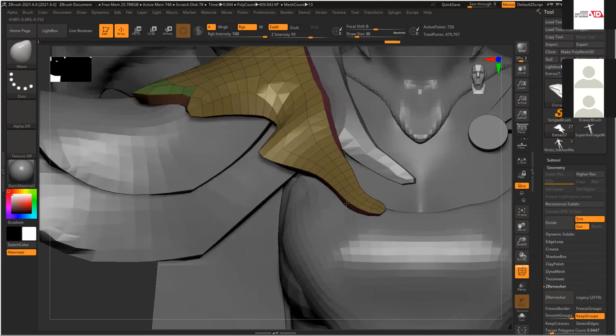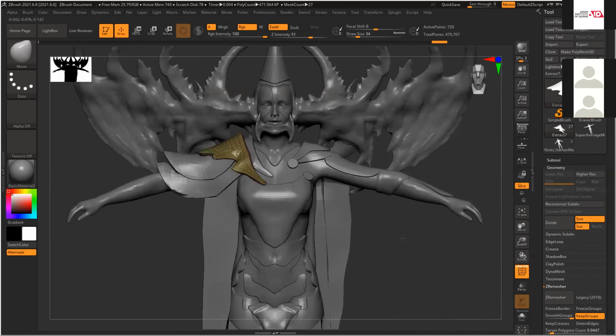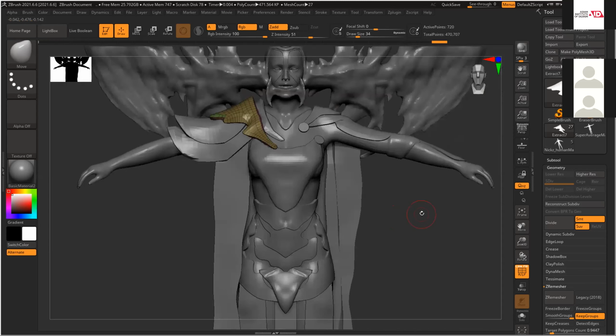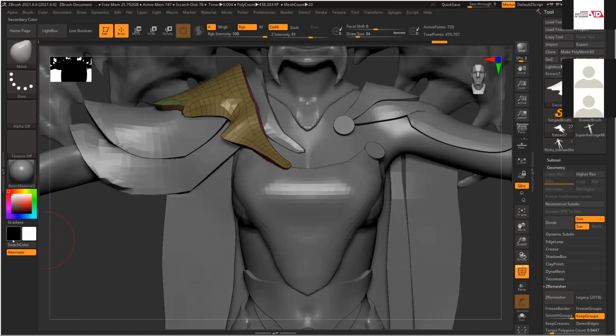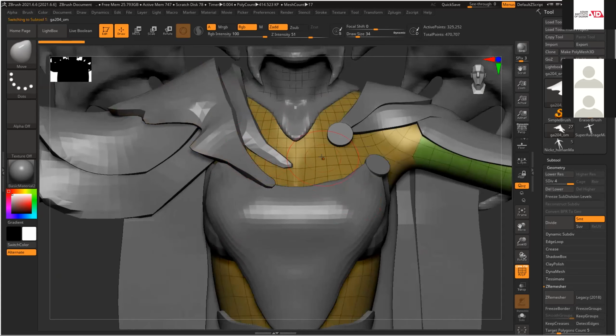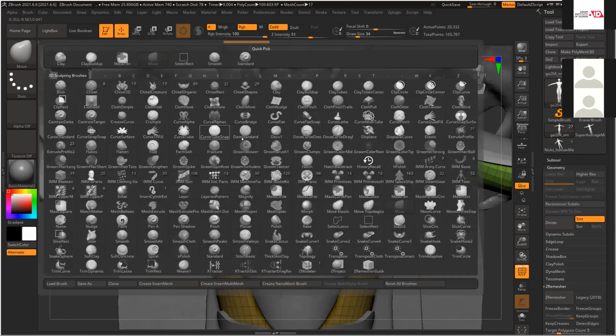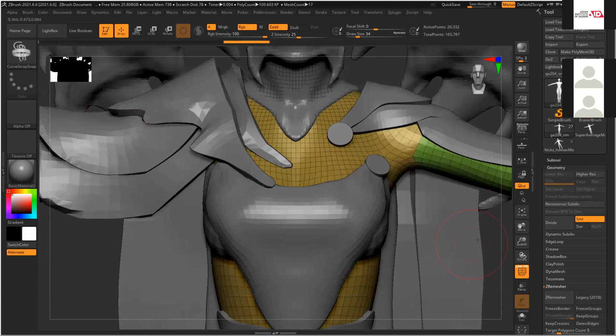Just blocking. Blocking takes a little time, and make sure your blocking is very clean and nice. Then you can add details very easily and things will become easy for you. And now we have those straps. If I want, I can extract it from the body. I can use a strap brush for this body. I can go back to subdivision level 0 or maybe 2, lower or higher. I can delete. And to create those straps, there is something called curved strap. You can see this one. It's a default brush of ZBrush.